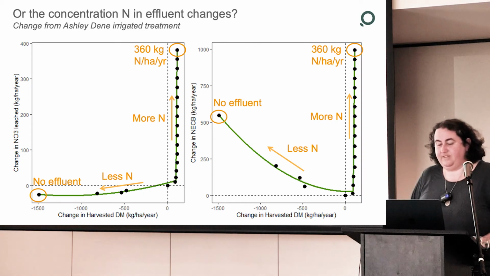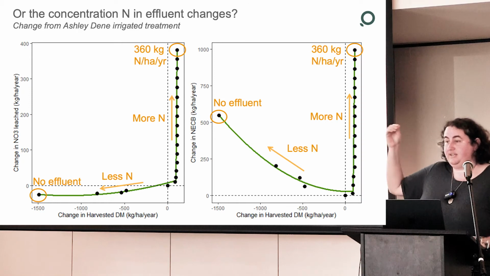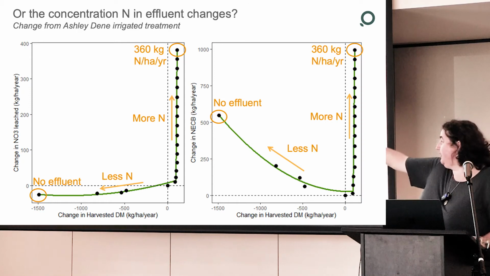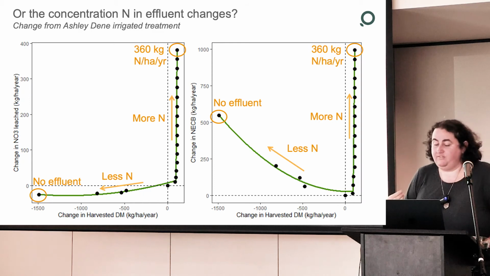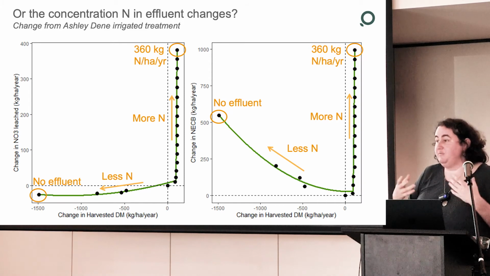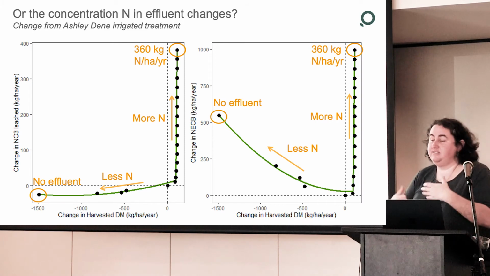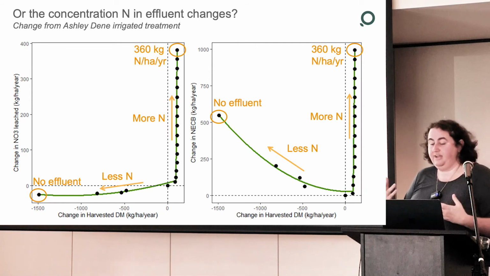On the right-hand figure, a similar outcome: as you reduce productivity, you have greater net ecosystem carbon balance. This is going up to the left. But if you start increasing effluent, there's that kind of inflection point and it starts increasing. And because the effluent comes with organic matter in it, we start to see a more positive net ecosystem carbon balance without any production benefits.